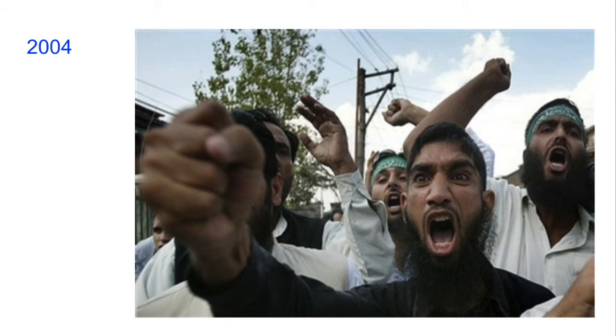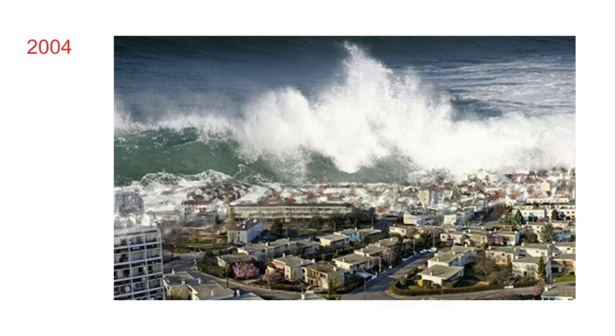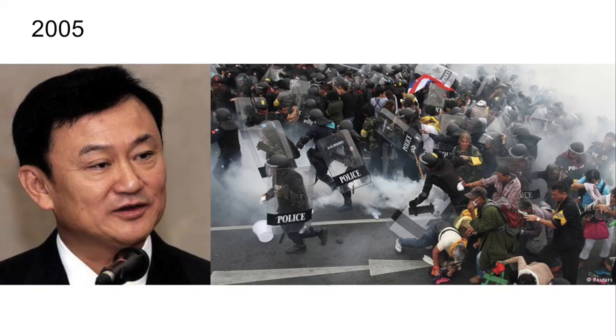2004. Thailand's army takes 85 Muslim protesters into custody. Most of the protesters died due to suffocation. An investigation reveals that they were not killed on purpose. 2004. A large tsunami hits Thailand and 10 other countries. It kills a large number of people. 2005. Early in this year, Thaksin Shinawatra starts his second term after winning the election. Months later, due to civil unrest in the southern parts of the country, the government is given power to fight Muslim militants in the same area of the country.